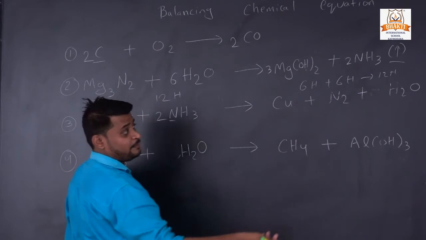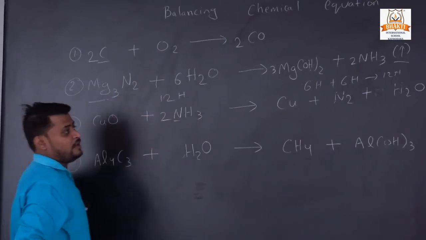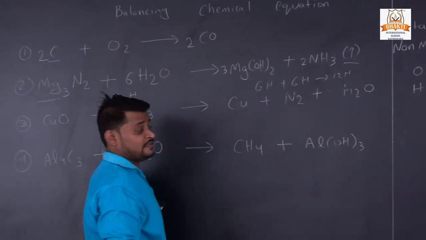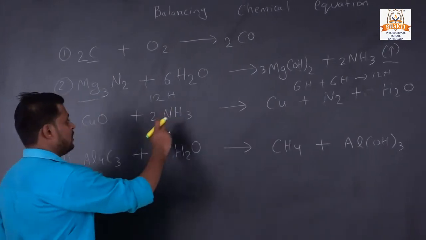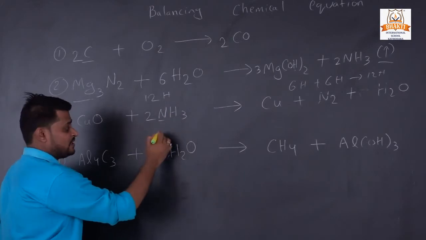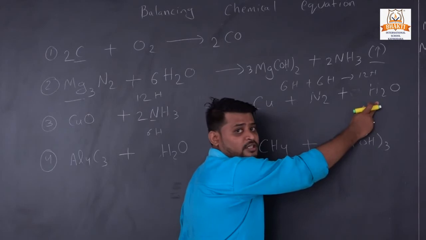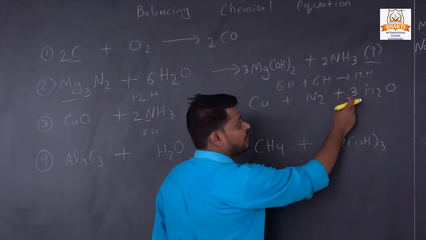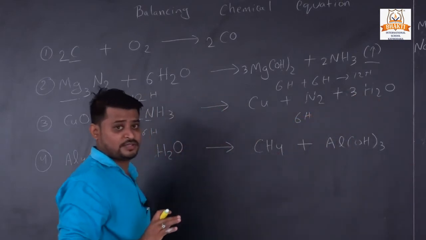Now again, next step, oxygen. Here the molecules of oxygen is 1 and here also the molecule of oxygen is 1. So it is already balanced. Then we will go with the next step. What is the next step? Hydrogen. The molecules of hydrogen here is 2 3s are 6 hydrogen, and here 2 hydrogen. So we will multiply hydrogen with 3, 2 3s are 6, then hydrogen is balanced.